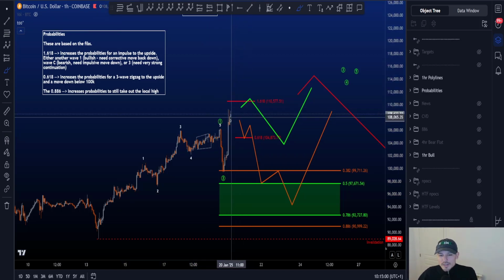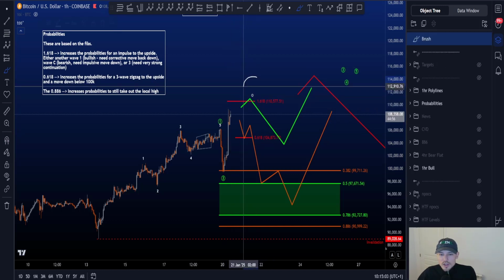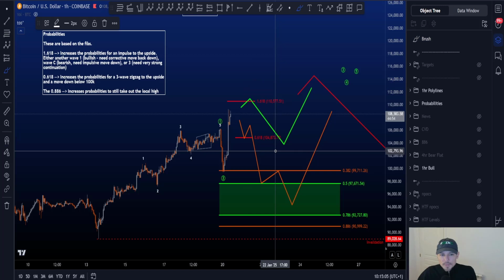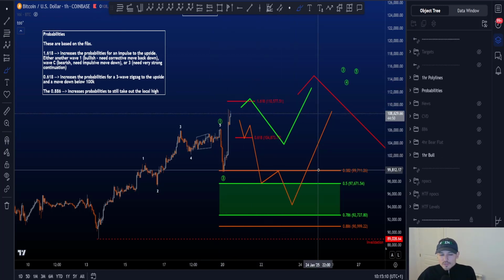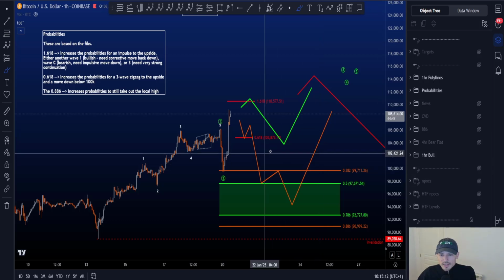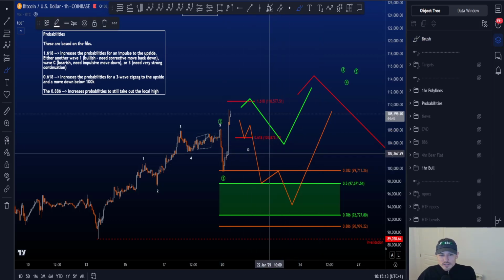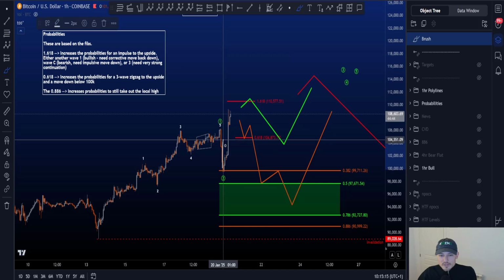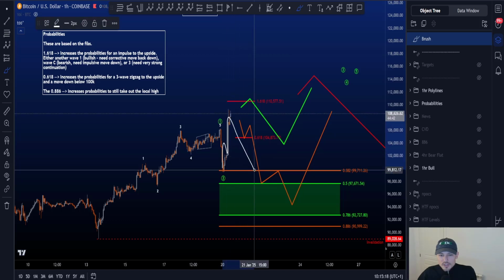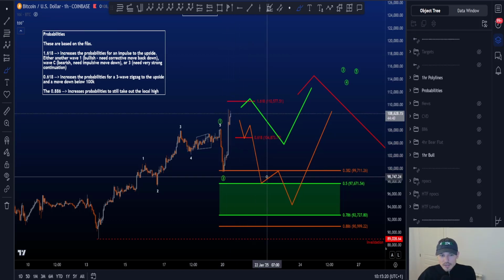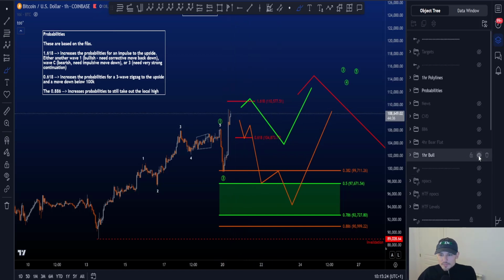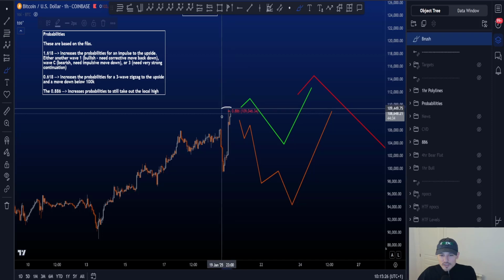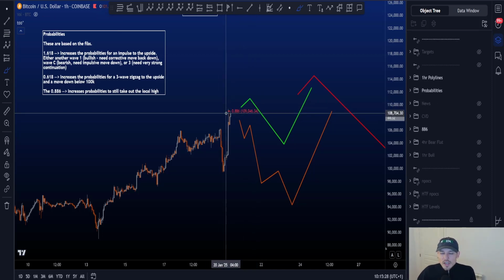At the moment, probabilities are higher that this structure to the upside is either labeled as your wave 1 or your wave C in the bullish scenario if you touch at least the 1.618. So it all depends on the retracement. If you touch the 0.618, it increases the probabilities for an ABC to the upside and price to follow the orange polyline. However, locally here on the 3-minute time frame, as explained, price has touched the 0.886 Fibonacci, which does